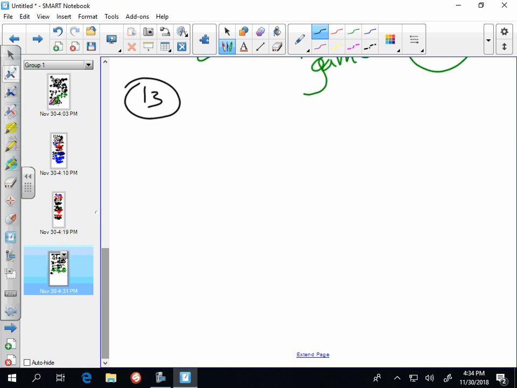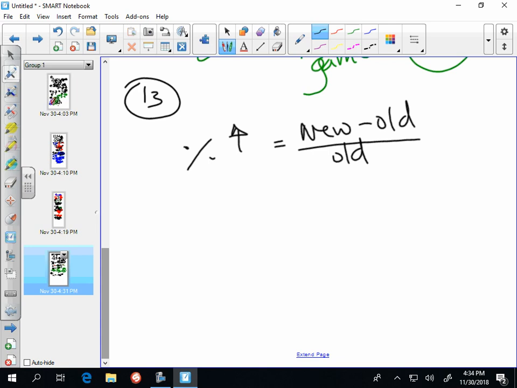Percent increase is a formula that I remember learning when I took Algebra 1. It's new minus old over old. So if I want to find the percent increase for 1990 over 1989, I would do 25,000 minus 20,000 over